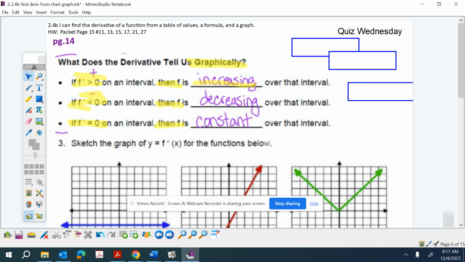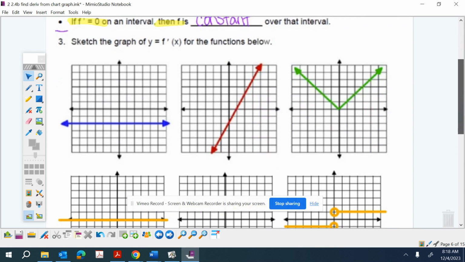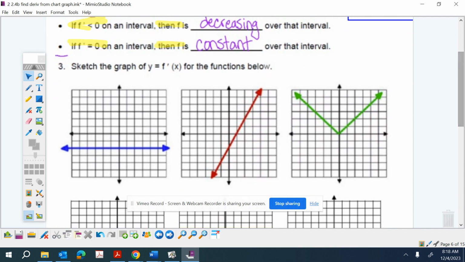So I'm looking for max, mins, or horizontal original functions when my derivative or slope is 0. So when I look at these graphs, the slope at every single point on this original function f is 0. So the derivative at every single point is 0. So how do I draw that? I'm going to draw a horizontal line